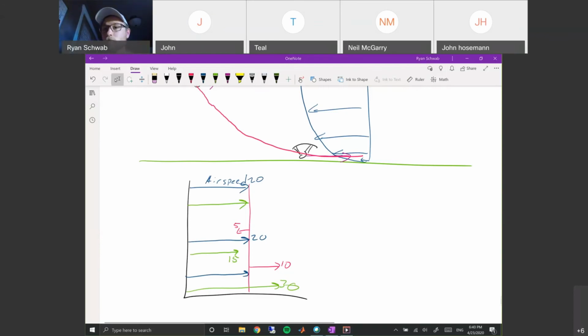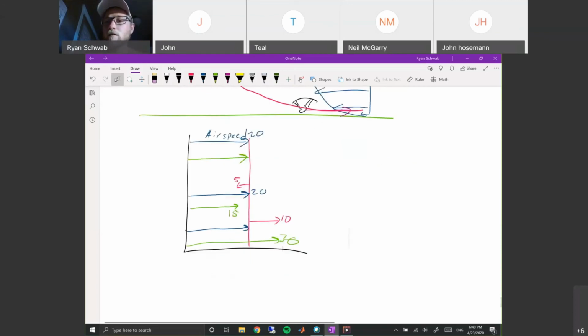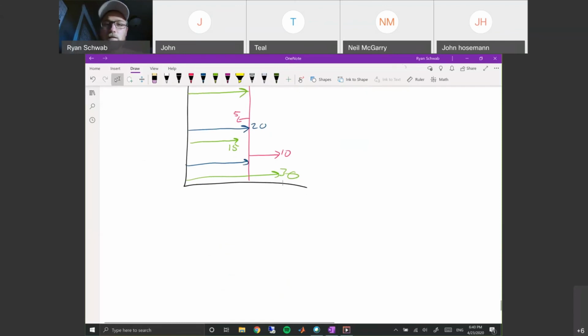Ryan, I'm fairly familiar with parasitic drag. Could you go over again the other drag? Yeah, induced drag. Induced drag. Yeah. So basically,